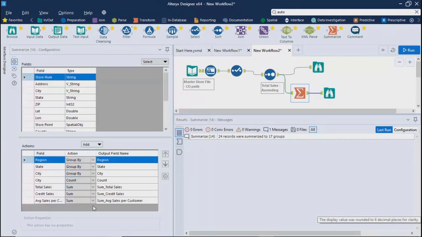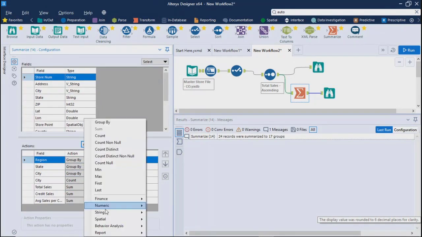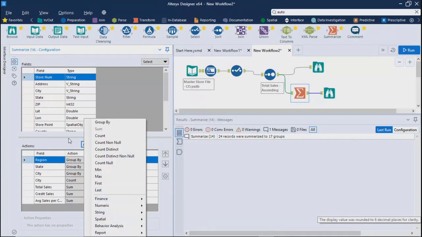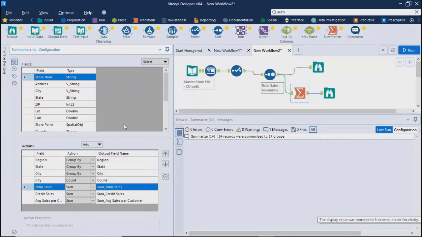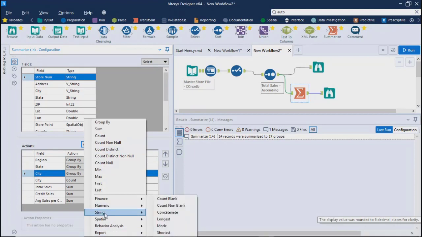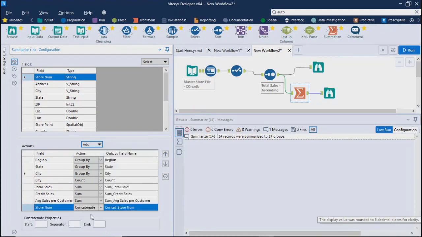So let me just go ahead and look for some other values over here. First, minimum, max, first, last we saw. Then financial formulas are there, functions are there. Let's just look for concatenation. So if it is city, let's see what happens. Store number,